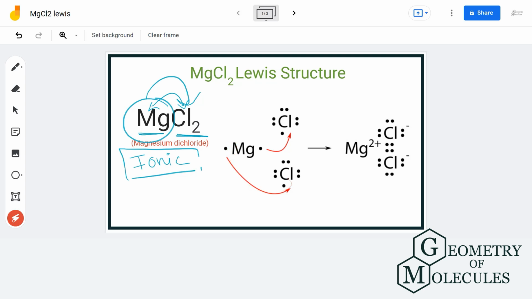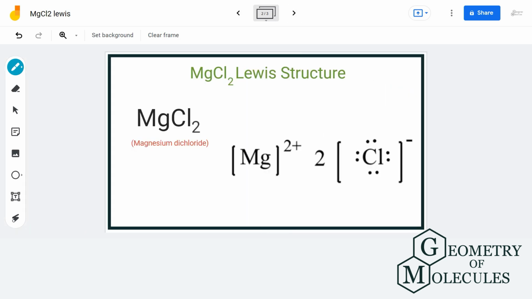This way, magnesium will donate 1 electron to each chlorine atom and will gain a plus 2 charge, and each chlorine atom will gain a minus 1 charge and complete its octet by accepting it. So this is the Lewis dot structure of